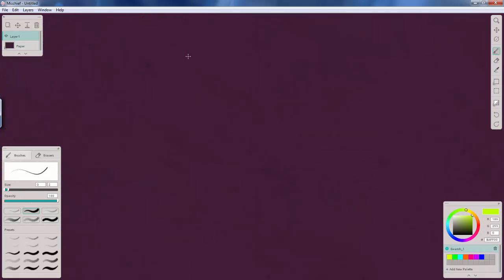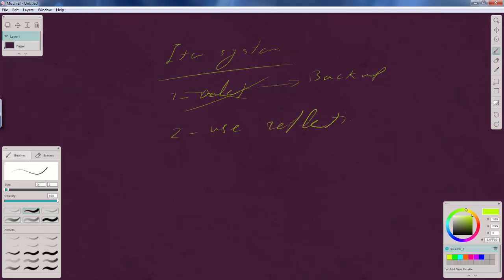Also, one more thing. I want to come back to my item system now that I called it in the future. I have something to do with the item system. One, I don't like deleting the scripts. I will remove them, instead I will put them inside the backup folder. Two, I will try to use reflection plus custom attributes